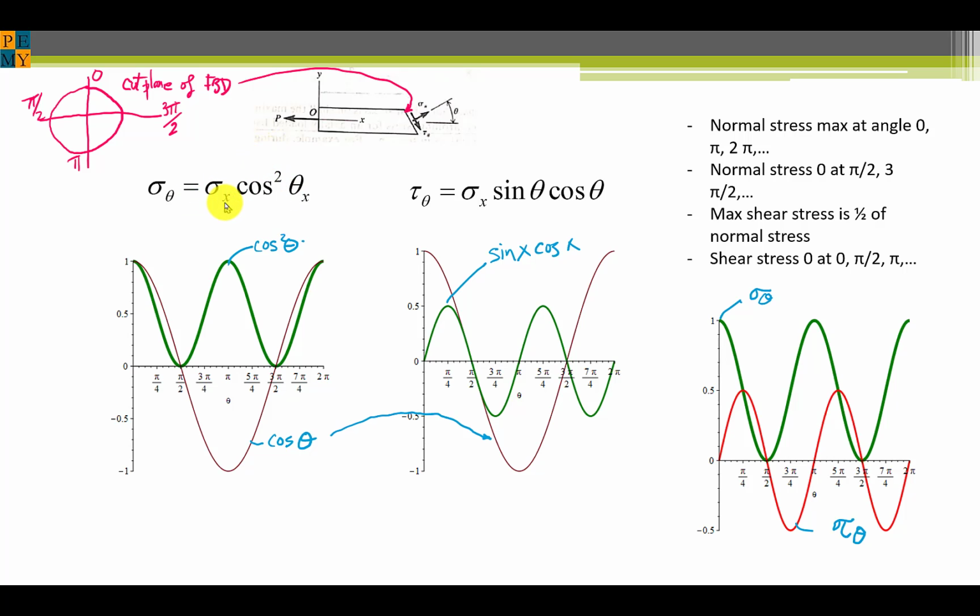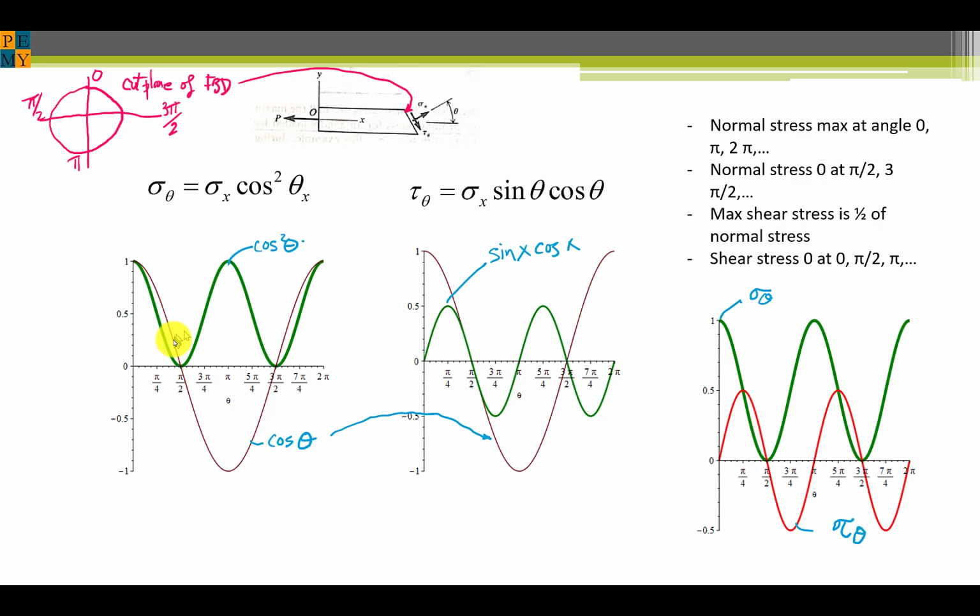The sigma x is just a scalar that allows you to get the actual stress, but let's look at the interesting part, which is cosine squared theta and sine theta, cosine theta. There are a couple of features that stick out when you look at this. First of all, the frequency is doubled in both cases, and we'll show you why mathematically on the next slide,